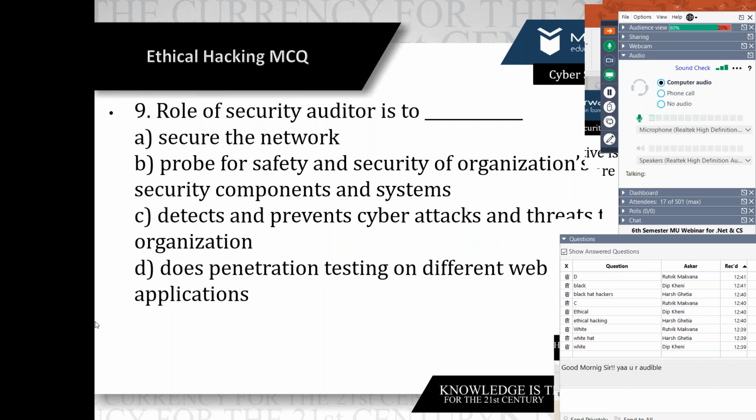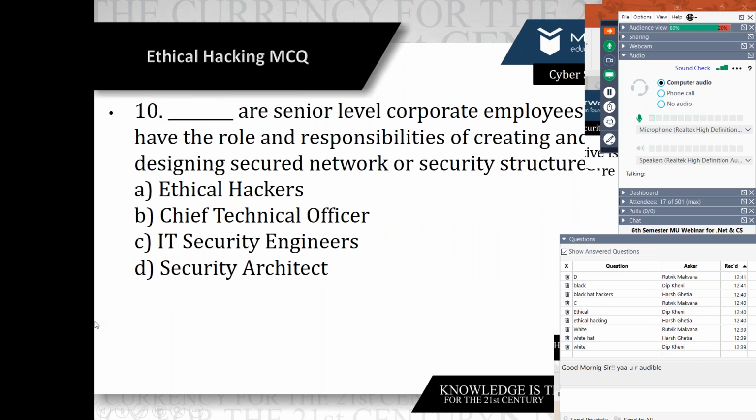Now next question: a senior level corporate employee who has the role and responsibility of creating and designing a particular security network or security structure. Again, it is an easy question: who designed the particular security system or security mechanism? Yeah, Bhargav said D, right answer.